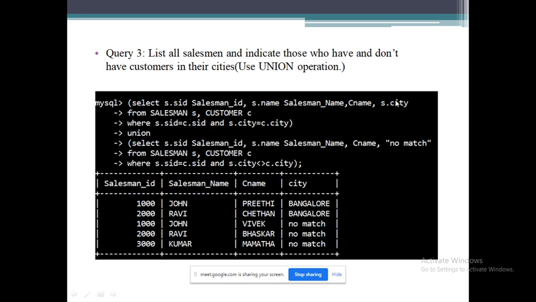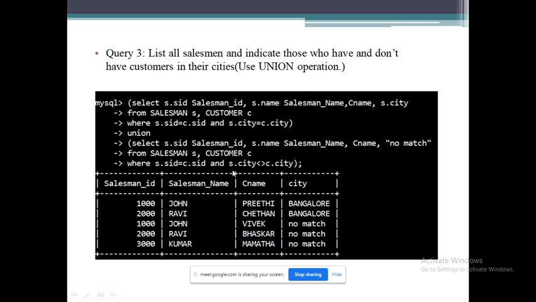Instead of displaying the city, if I display city there would be no difference between the results for salesmen who have customers in their cities and those who don't. So here I'll change this column and put no match. If the cities are not matching, then I'll not display the city of salesman; instead, I'll put no match.